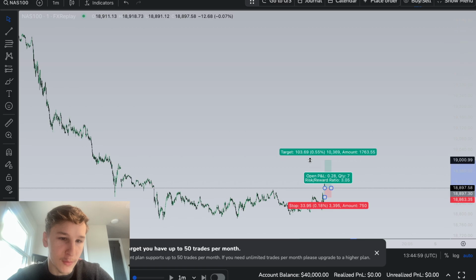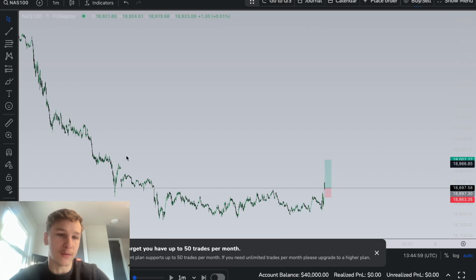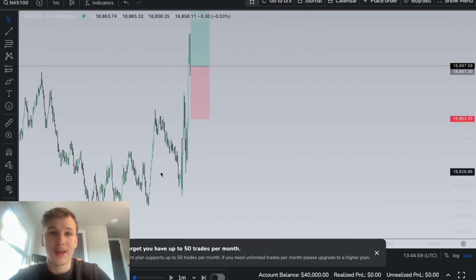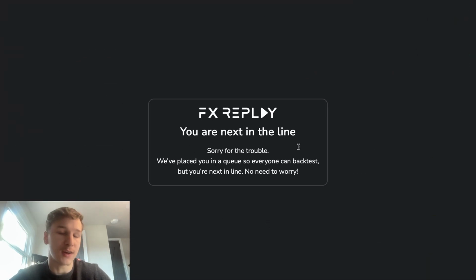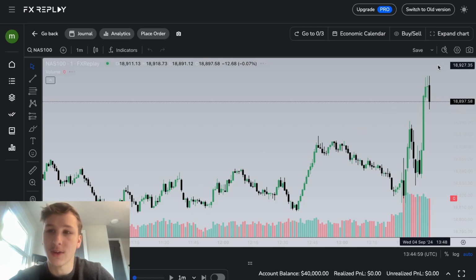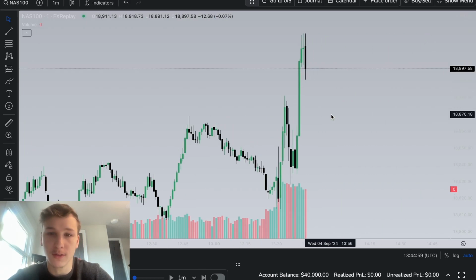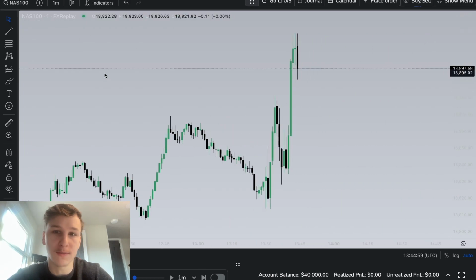So we'd be targeting new day opening gap, right? That'd be the most reasonable target with all these highs right here. And I don't go for anything unless it's 1 to 2 risk to reward. So that's obviously not going to be in line with my model, and the stop loss also has to be wide. So let's go ahead and extend this forward, and we're going to see if anything else